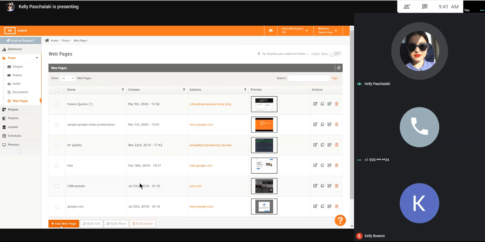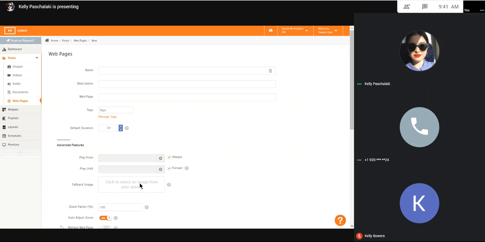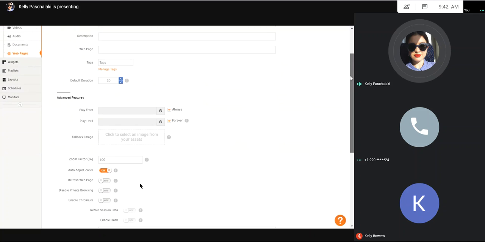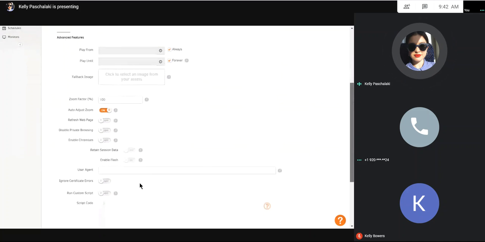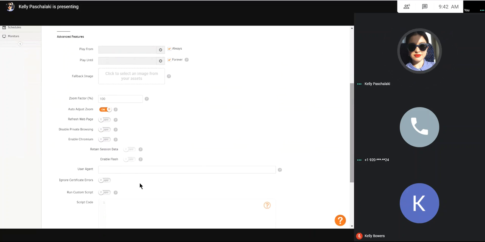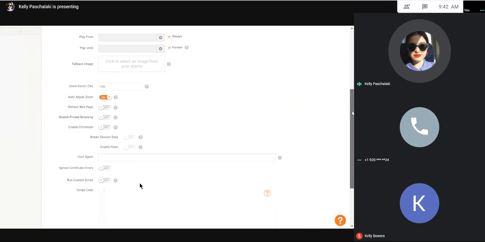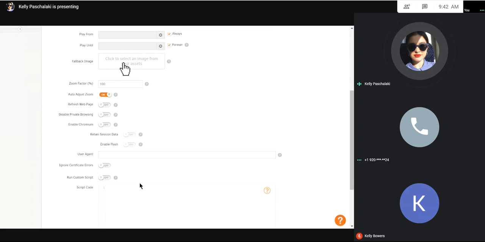By clicking on the Add Web Page down here, you're given this editing page where you can insert the website's URL. And because we are talking about an actual web page, you've got some more toggles down here. For example, you've got the fallback image, so that if you lose connection to the internet, your screen, instead of just going blank, can display an image that you will have selected from here. Okay. And then you've just got some other toggles,